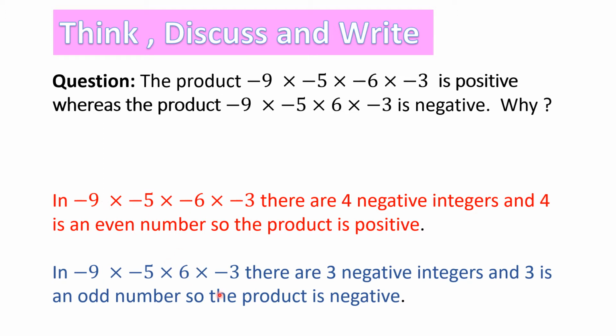Instead of multiplying, we use the shortcut formula. We use the rule that we studied in the previous class, and we find out what kind of answer we'll get, positive or negative, and we said why we'll get that kind of answer, right? So let's go on to the second portion.